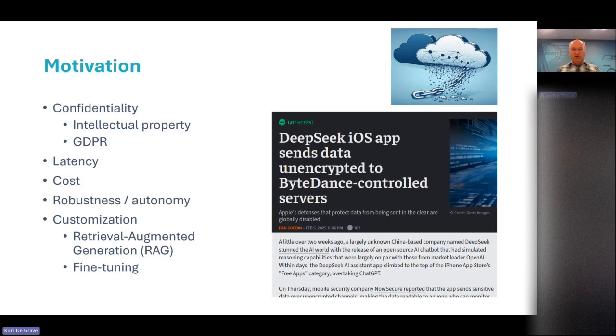There are also technical reasons that might be for latency. For some applications, you want low latency response. And if your request has to go over the network, then yeah, local AI can be better. It could be in some cases for cost reasons.